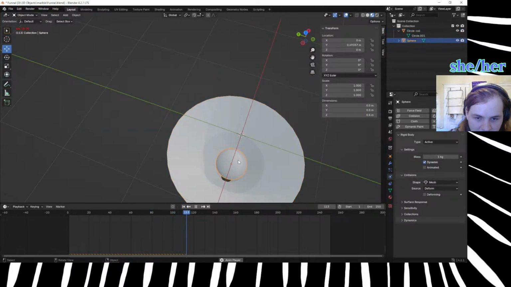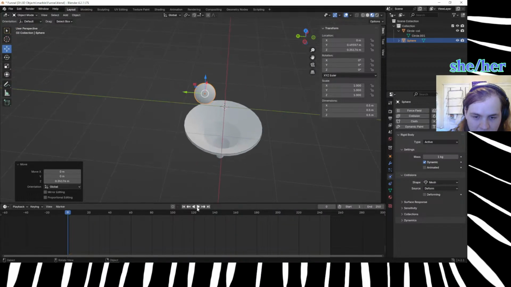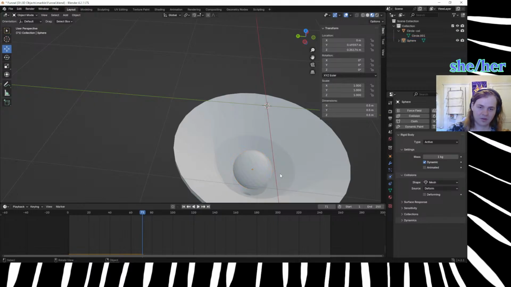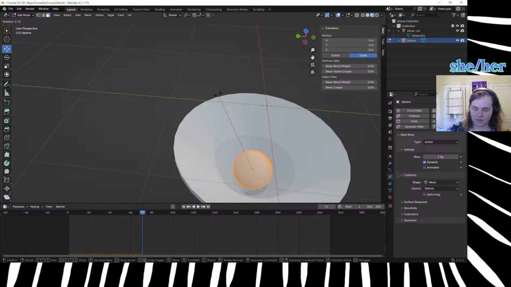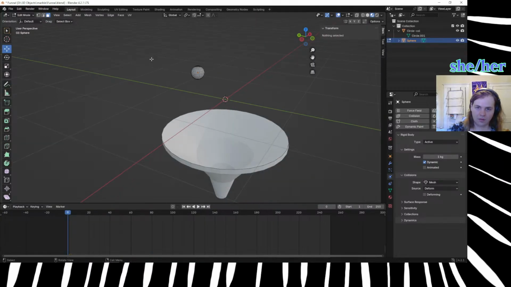Okay, and it's stuck. Okay, let's run that again. Let's drop it a little higher. There we go. Run that. That looks alright, right? Okay, and then we just need to scale that. Scale that down a bit. Great, and then